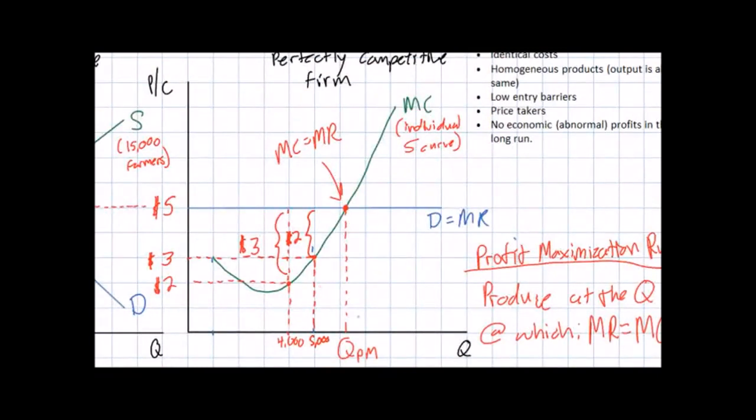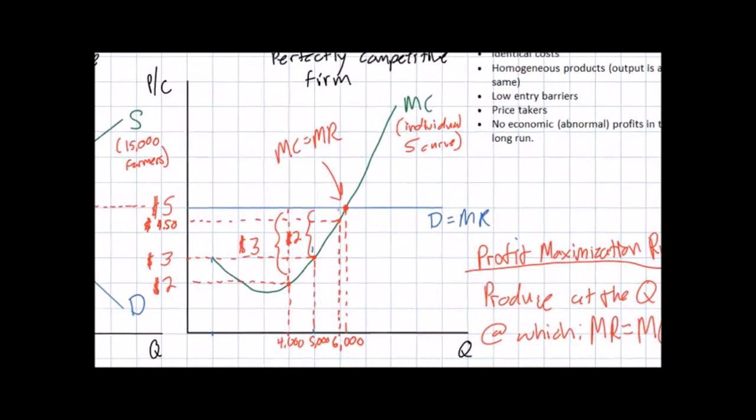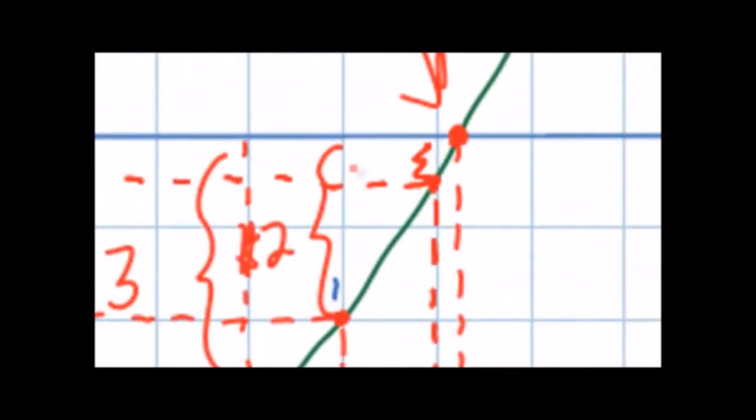So now he's going to determine whether or not he should increase his output to 6,000 liters. So let's see what happens to costs and revenues on the margin as output increases again to 6,000 liters. So here we see that at 6,000 liters the marginal cost rises yet again. Marginal cost increases as quantity increases due to the law of diminishing marginal returns. In fact, marginal cost is now around $4.50 for the last liter of milk produced. Yes, of course, he's still earning a profit. If we zoom in really close here, we can see there's still a profit of 50 cents,